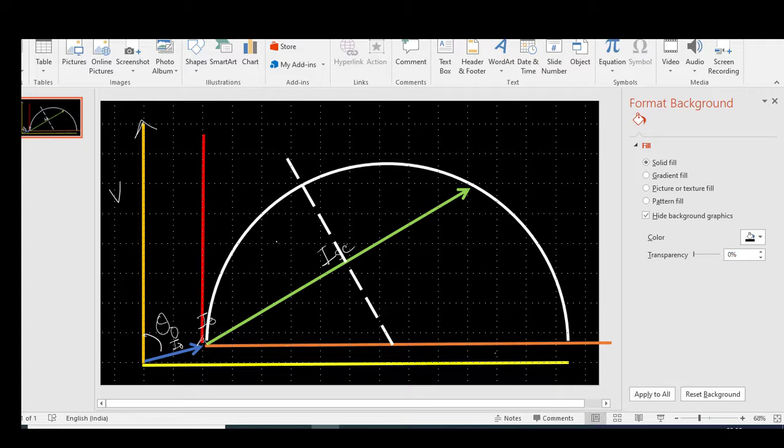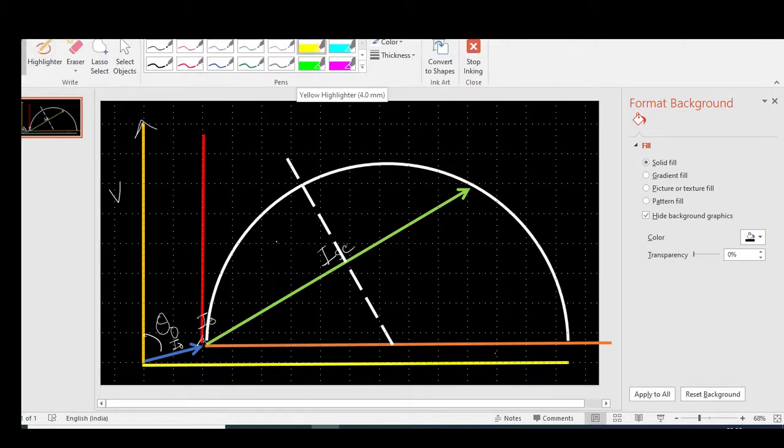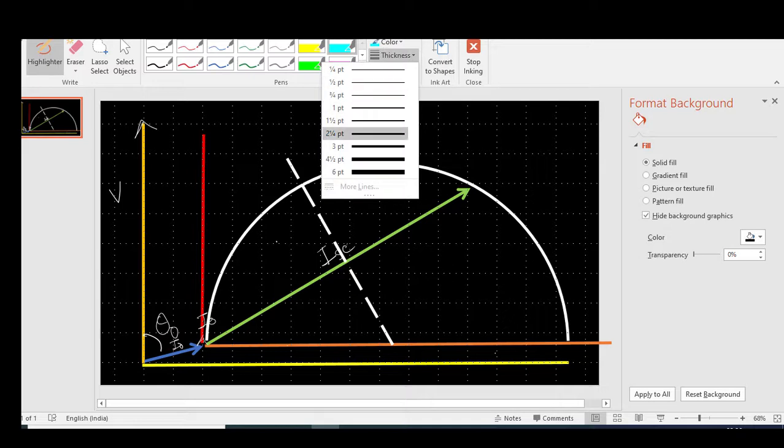One important thing is that what we are having here is this circle,